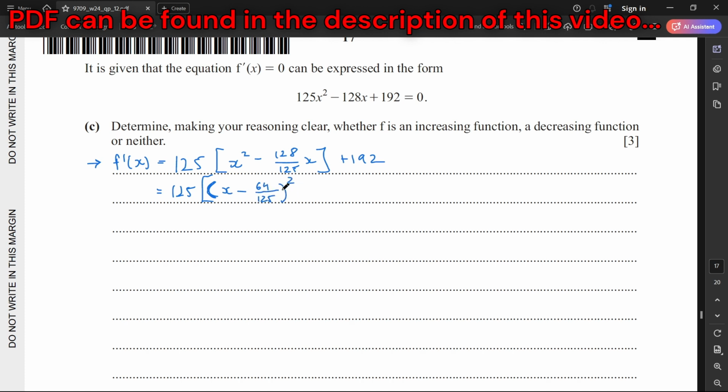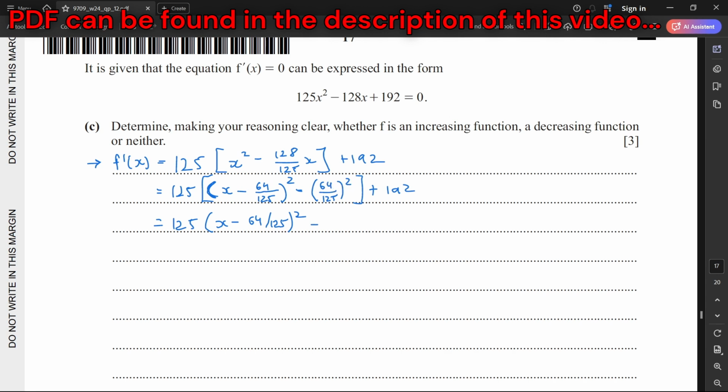And then once I open this bracket, I'll have these first two terms, but I'll also have another term that is the square of 64 by 125. So I'll need to get rid of 64 by 125 squared, and then plus 192. And now I'll simply need to multiply my 125 with this, that is x minus 64 over 125 squared minus